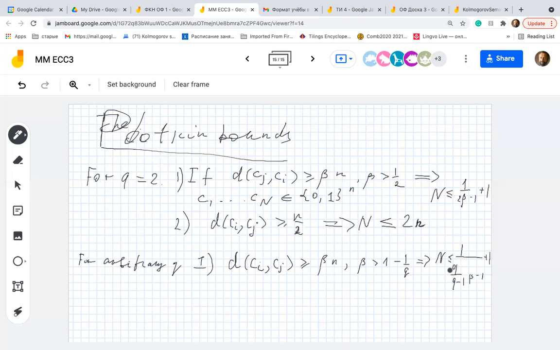So for the binary alphabet, q over q minus 1 is 2, and we obtain exactly 2 beta minus 1. In general case, instead of 2, we have q over q minus 1. And the second Plotkin bound says that if the pairwise distances are at least this beta, 1 minus 1 over q, times n,